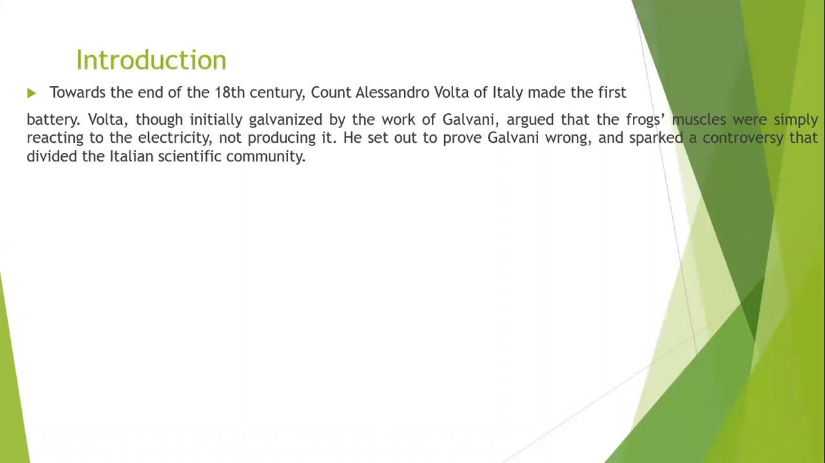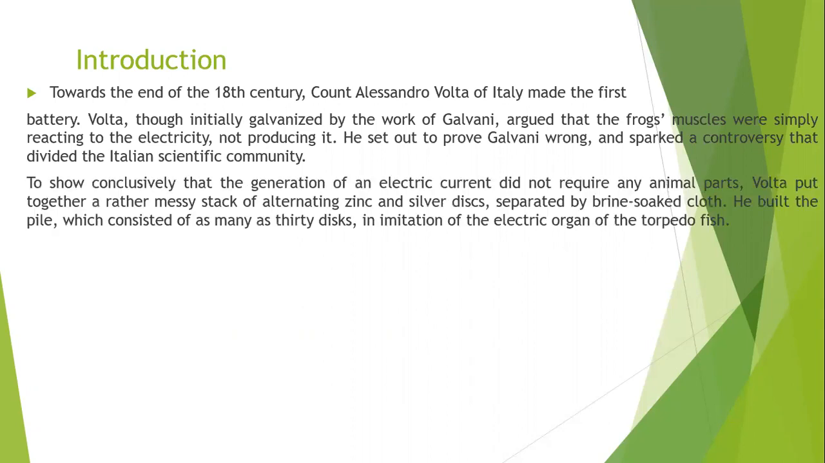Let's take a little introduction here about the first battery made by Alessandro Volta in Italy. Volta, though initially galvanized by the work of Galvani, argued that the frog's muscles were simply reacting to the electricity, not producing it. He set out to prove Galvani wrong and sparked a controversy that divided the Italian scientific community. To show conclusively that the